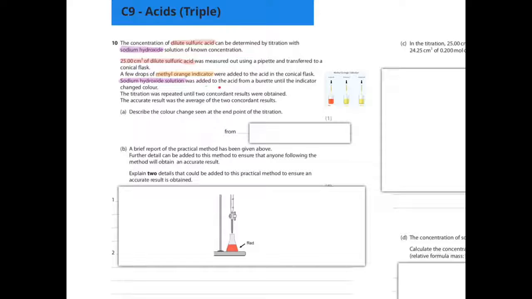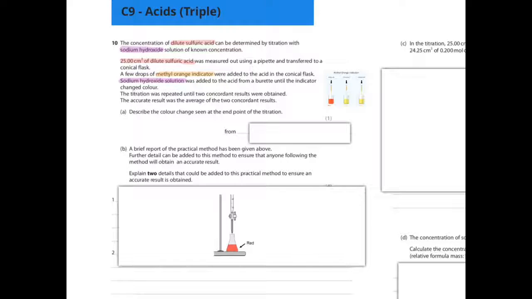Sodium hydroxide solution was added to the acid from a burette until the indicator changed colour. So you've got your setup here, you've got your sodium hydroxide here and your acid here with your single indicator, your methyl orange, and what you're doing is dropping sodium hydroxide drop by drop through here from a burette so you can measure the volume, and you're swirling and swirling to evenly distribute it, and eventually there'll come a point where one final drop completely neutralizes this, and you'll get an instant colour change of methyl